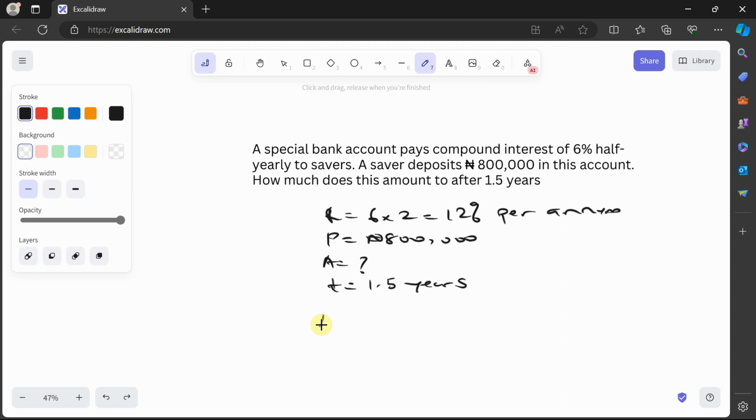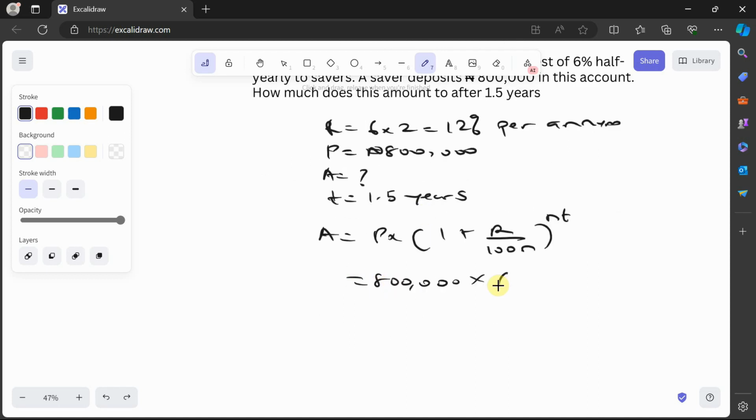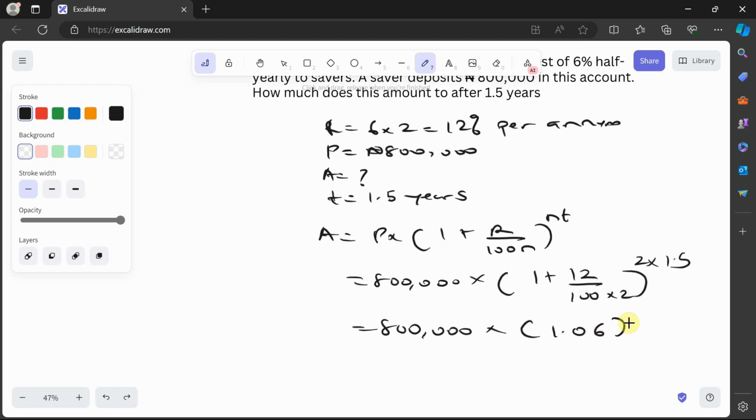That's fine. Our formula for A is what? P times 1 plus R over 100N raised to the power of NT, where R is the annual rate, which we got here by multiplying the half year rate by 2. Let's now substitute. This is 800,000 multiplied by 1 plus 12 over 100 times 2 raised to the power of 2 times 1.5. So by the time you do this, it will give you 800,000 times 1.06 raised to the power of 3. I'll just punch everything inside my calculator. So 800,000 multiplied by 1.06 raised to the power of 3. That will give you